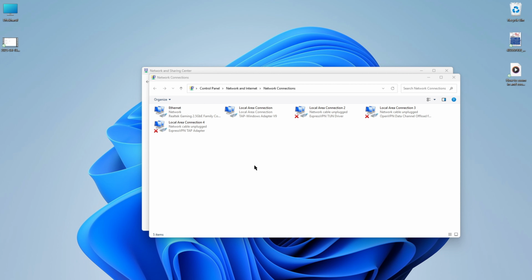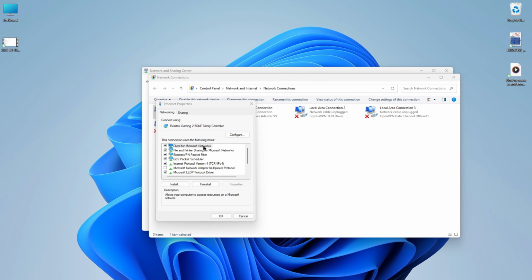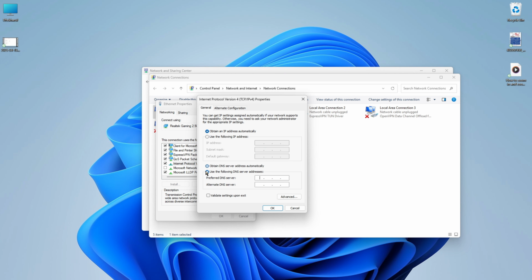From this page, you need to choose your internet adapter and right click on it and then click on Properties. Now select Internet Protocol version 4 and click on Properties. Then enable use the following DNS server addresses and type your preferred DNS server